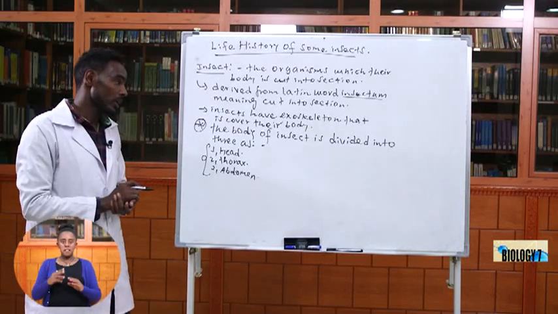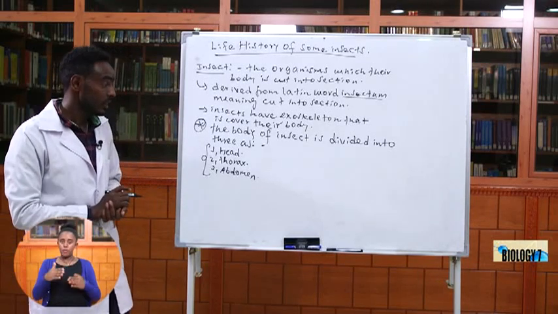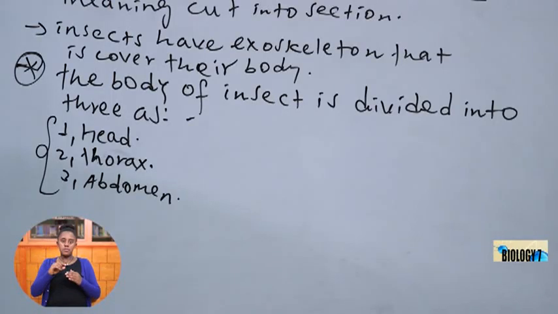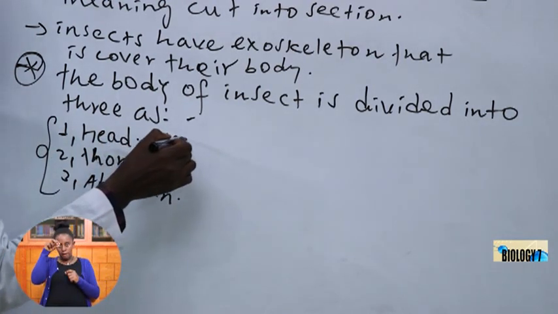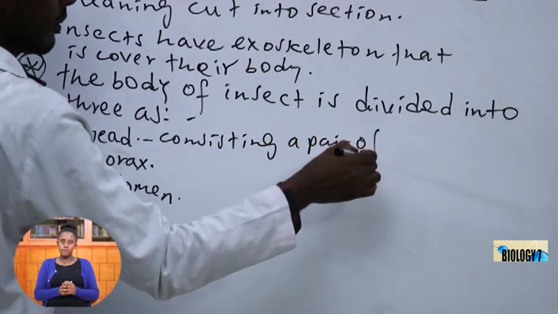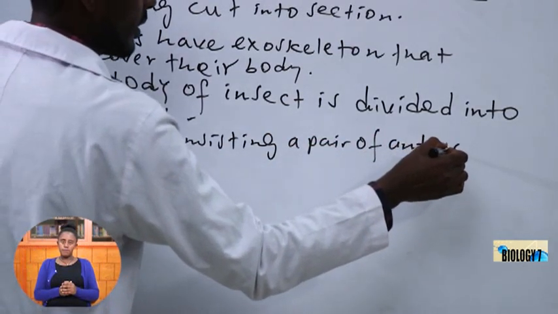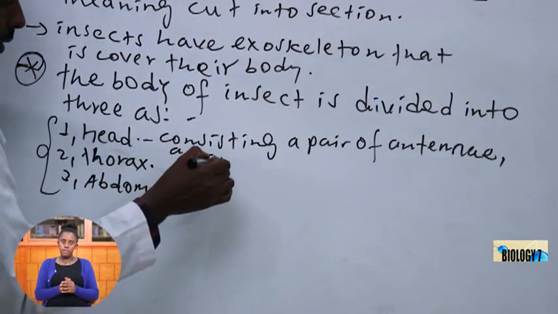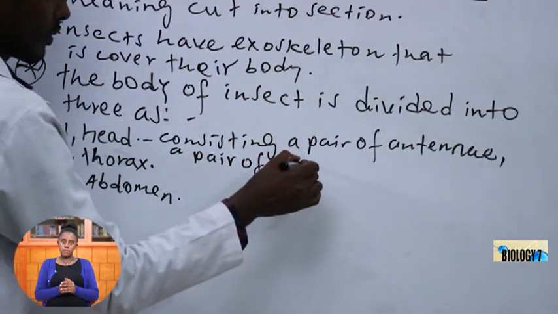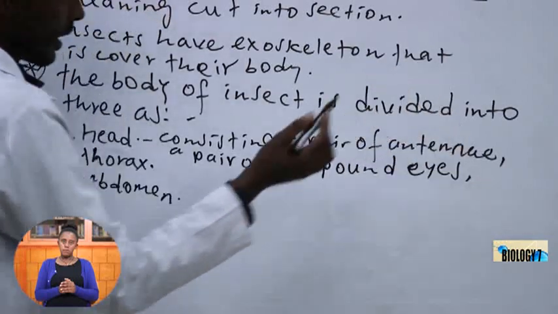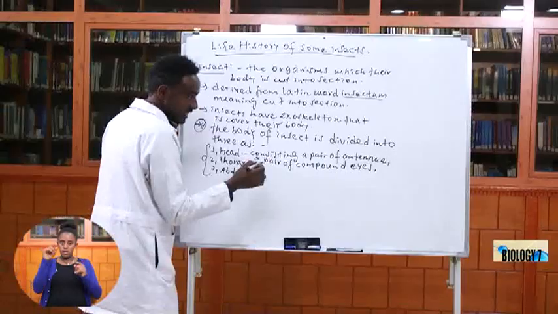Let us see each body part of the insect one by one, starting from the head. The head is the upper part of the insect body, which consists of a pair of antennae, a pair of compound eyes,